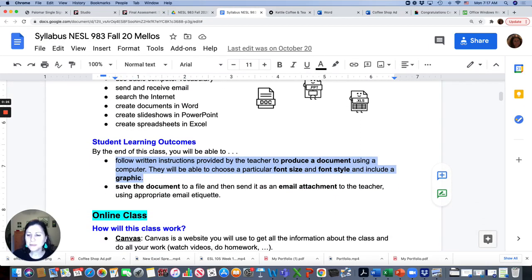On the first page, we have the student learning outcomes. This is what you should be able to do by the end of the semester. There are two things. Follow written instructions provided by the teacher to create a document using a computer. You should be able to use a particular font size and font style and include a graphic, which is a picture. Save the document to a file, so save it, and name it, and then send it as an email